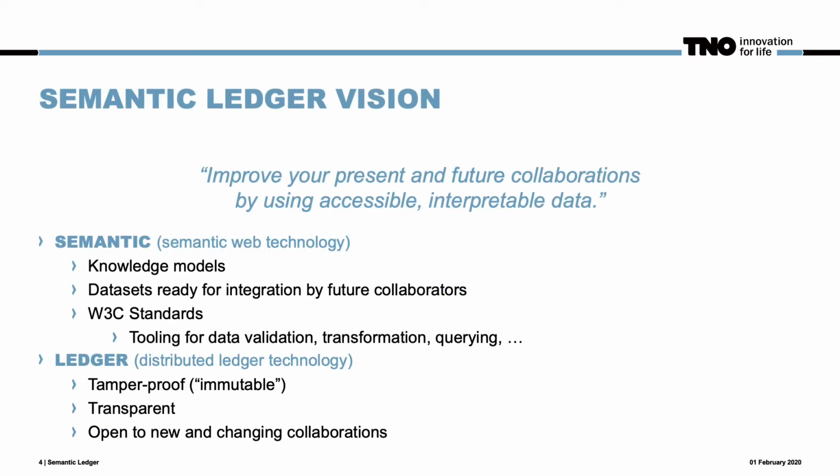The vision of the Semantic Ledger is to be a tool to improve your present and future collaborations by using accessible, interpretable data. It's called semantic because we use Semantic Web technology, which centers around knowledge models that describe data sets so that the data sets are ready for integration by future collaborators. All of this is standardized by the W3C, which means there's also a growing body of standardized tooling for data validation, transformation, querying, etc. We call it Ledger because we use distributed ledger technology, an umbrella term for blockchain technology,